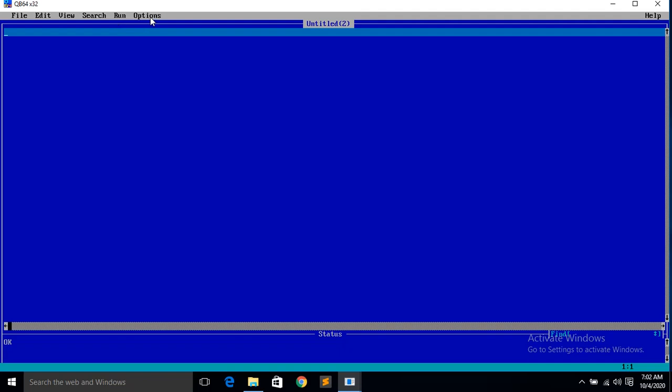In your book one more option is there, Debug. My Quick BASIC version is different, in your book it is different. That's why one menu has been added in the new version. One more feature, Debug, is given.